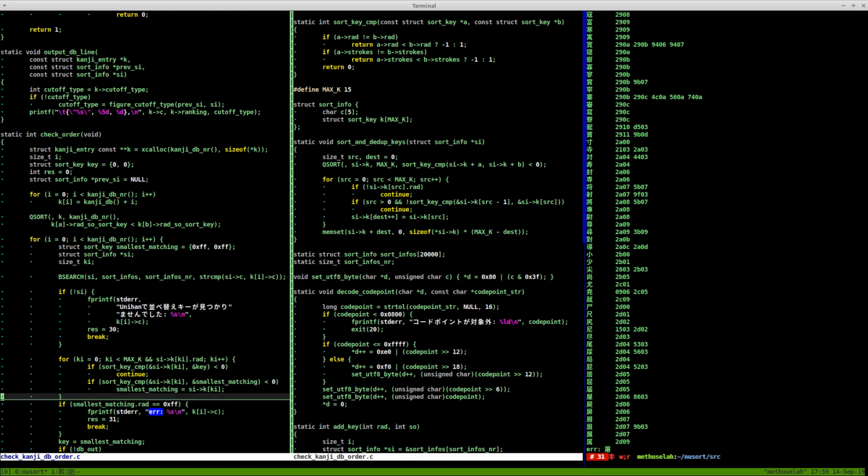So here's the check order function, and we are sorting the kanji database according to radical and stroke count, and then we're looping through it, and smallest matching is the, so this basically means that something is out of order. So res equals, this basically means that smallest matching dot radical